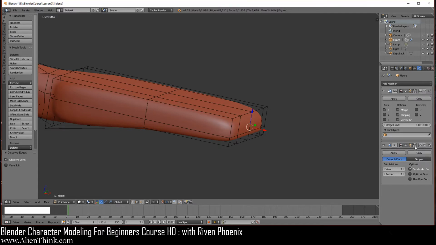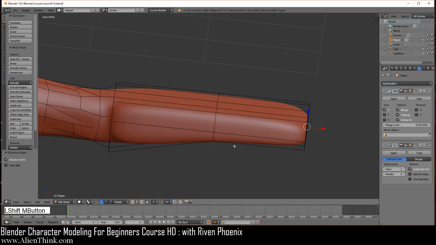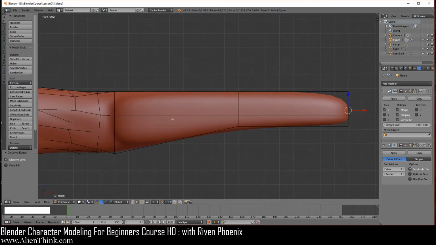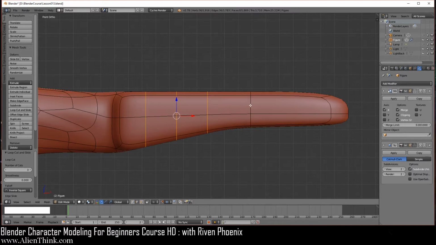So I'm going to go ahead and actually keep this off because I'm going to show you something here that you should be aware of. So I'm just going to do one to go into the front view. So go ahead and do Control R, and we're going to add 3 edge loops over here. Left click and then right click. Now notice that this edge really did not move at all. But if you click on this, you can see that it's actually shifting to the right.